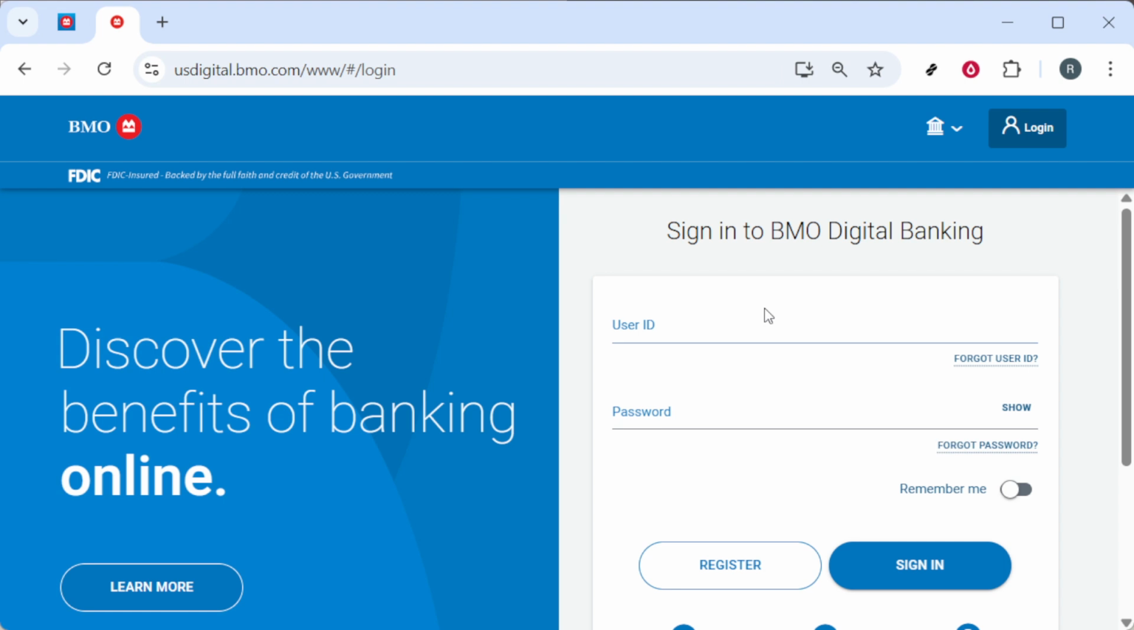In the user ID field, carefully enter the exact ID you registered with the bank. Take your time and make sure there are no extra spaces before or after your entry, especially if you've copied and pasted. If your browser suggests a saved user ID, confirm it's yours before selecting it, and avoid using autofill